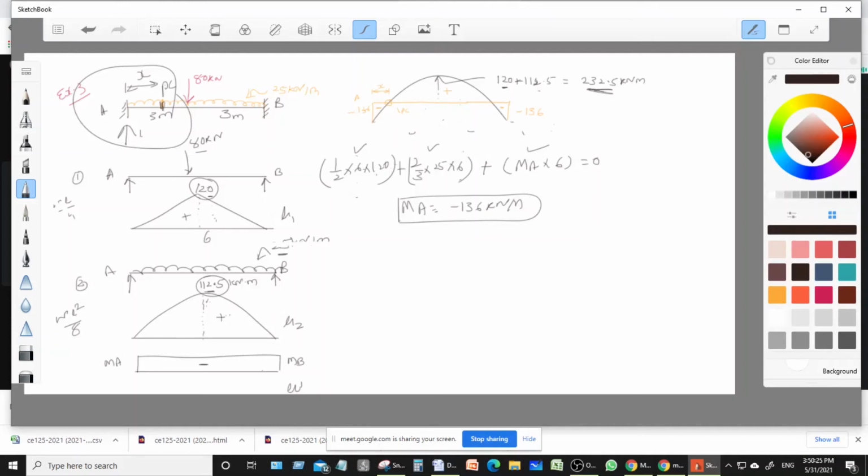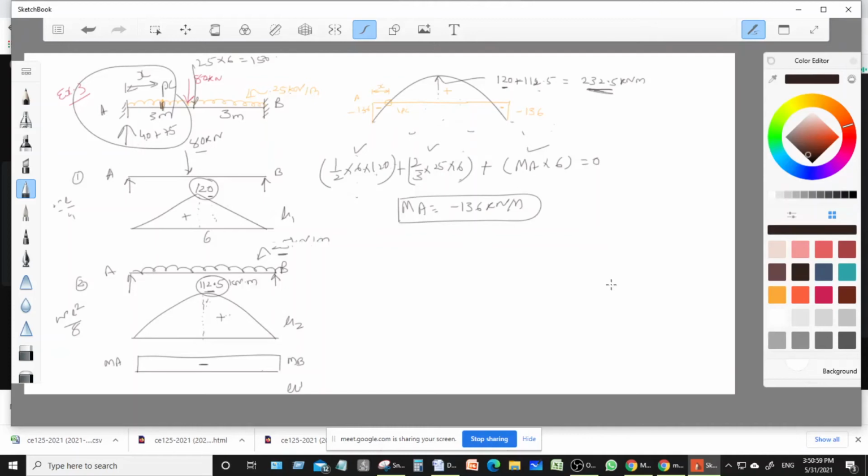80 divided by 2, that is 40, and the total load due to 25. The total load due to 25 will be 25 into the total span, that is 6 meter. So another load is also acting here, that is the UDL, 25 into 6, that is equal to 150, right? So that is 75. It means 40 due to point load and 75 due to the UDL load. So the total RA at the support will be 40 plus 75.